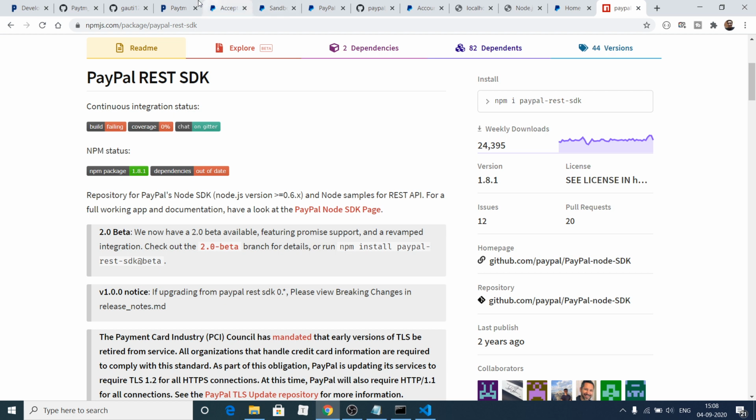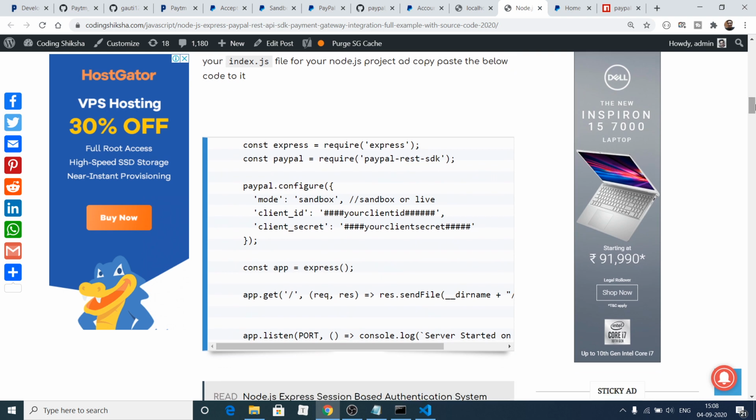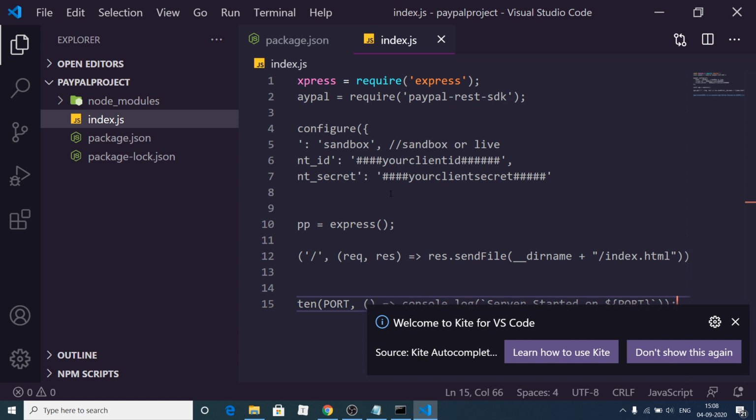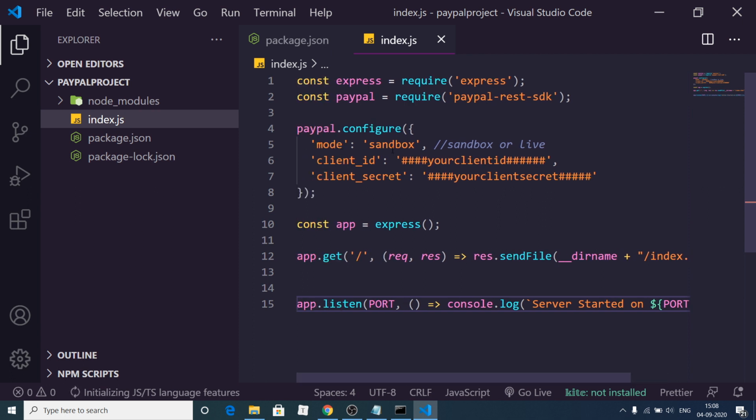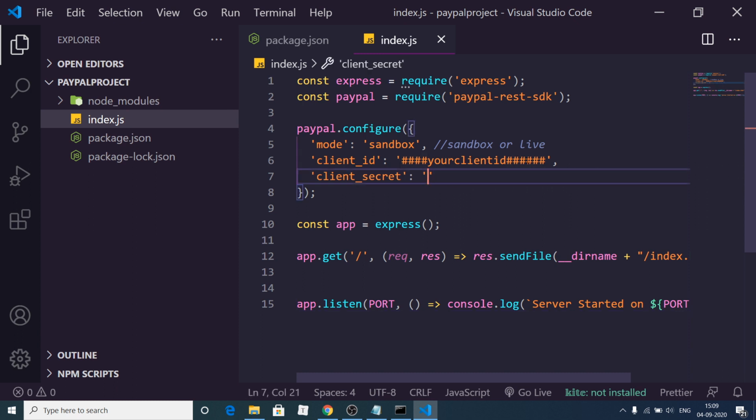and you need to follow my blog. So go to my blog here, which is given in the video description, and the very first thing you need to do, copy this snippet, paste it. So basically what we are doing is that we are requiring the Express library, and we are also requiring this PayPal REST SDK. Then we need to configure these three options. Mode will be sandbox, because we are not using it for production. If you are using it for production, you will put this live value here. And then we need to get the client ID and the client secret. I will tell you how to do this. This is very easy. So here you need to replace your options. So this will be different for you.